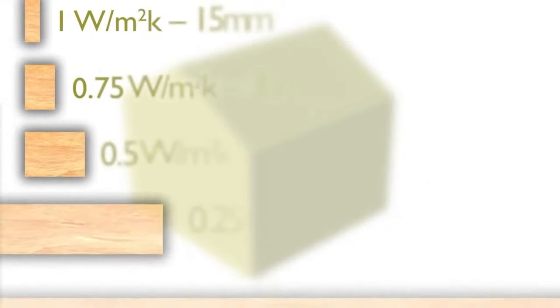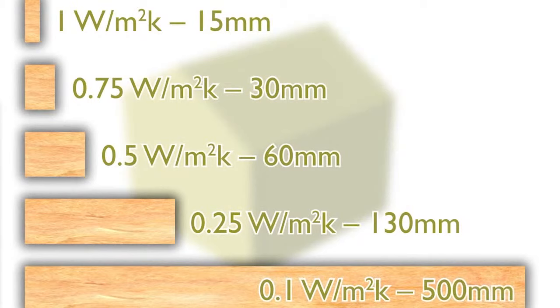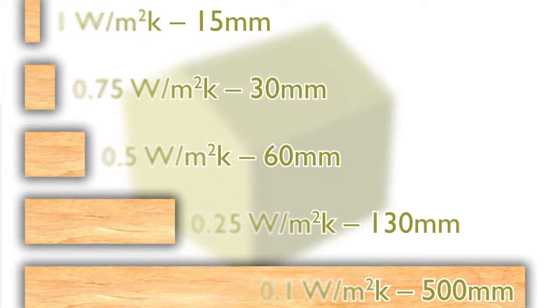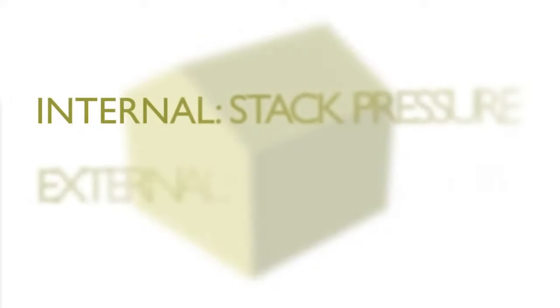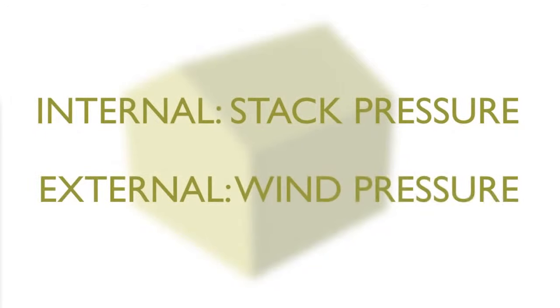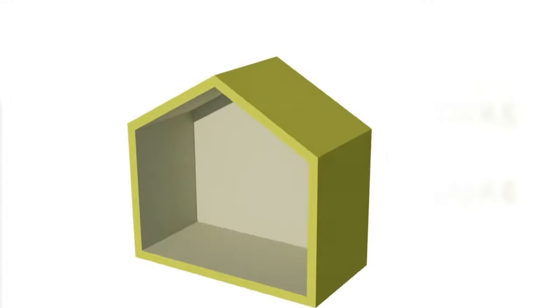As we've covered already, the thickness of insulation layers increases exponentially with reductions in U value, and after a certain point this becomes both uneconomical and impractical, even in explicitly low-energy buildings. It's therefore very important that every other factor affecting energy performance is controlled and limited to minimise energy usage. In dwellings, there are two main drivers of air leakage: the internal stack pressure caused by the relative buoyancy of warm air and resultant convection, and external forces from the wind.